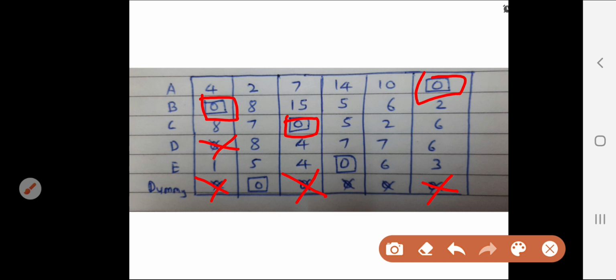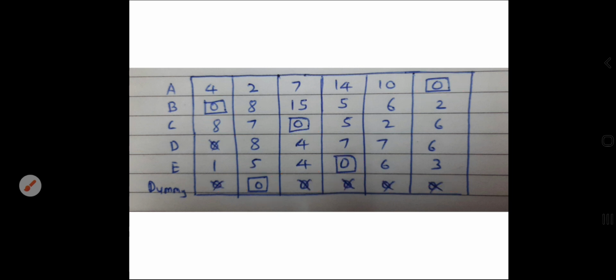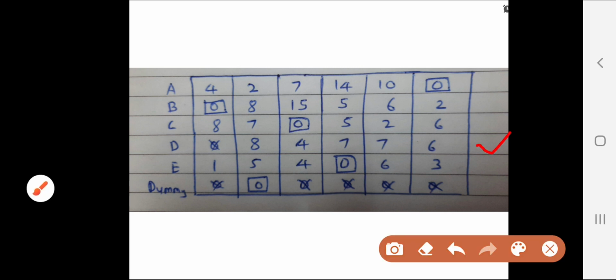In the fifth row there is one 0, you assign this, and the corresponding other zeros you cross, but in the row there is no 0, but in the column there is a 0. Similarly in the last row there is a 0, you assign, and other zeros in the same column or row, you find one 0 here, you cross it. Okay, in this way the assignment. But when you assign this, you will find only 5 assignments, but it is a 6 by 6 matrix, so it is not optimum. So to find the optimum, you take the unassigned row,